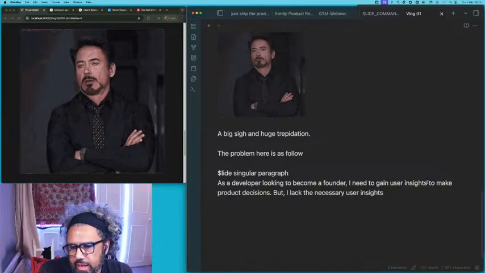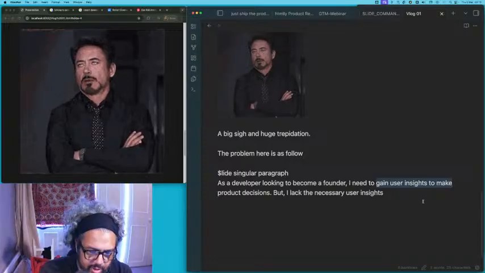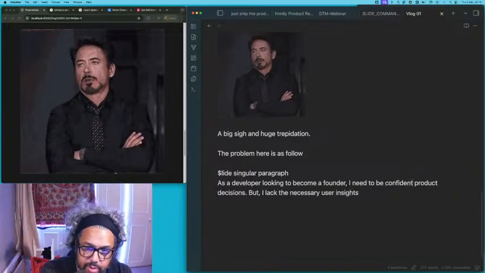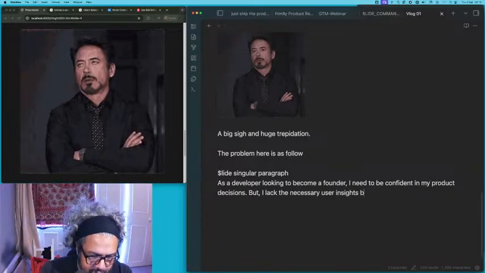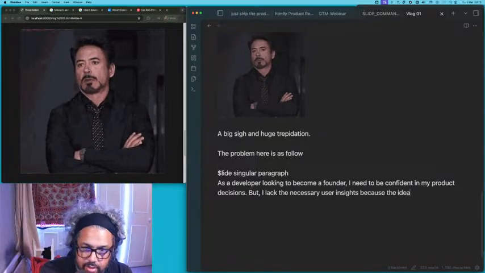I need to be confident in my product decisions, but I lack the necessary user insights because